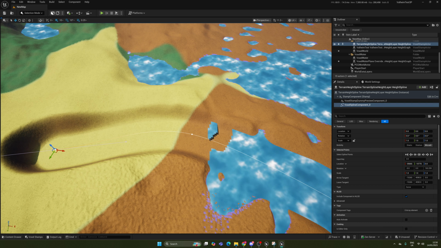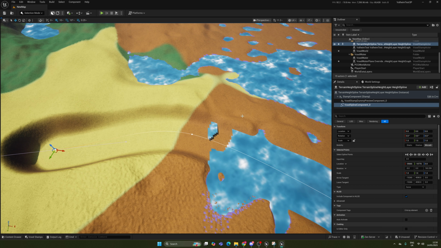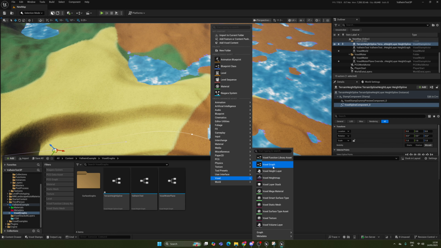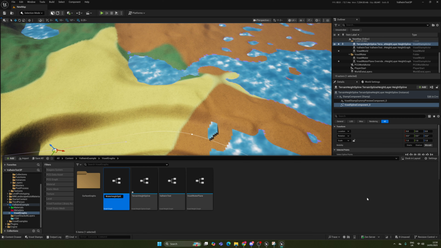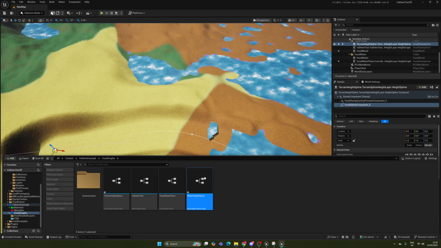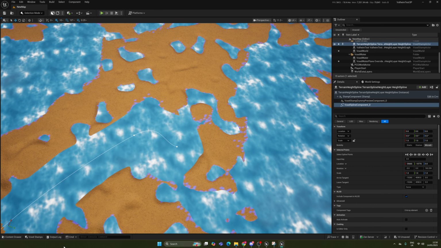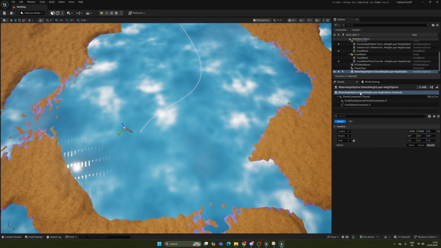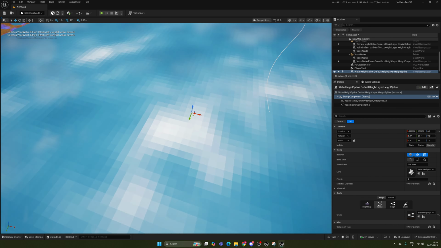Now the final step here is to create another spline. This time a water spline rather than a terrain spline. So we are going to create another voxel graph, a height spline graph, and I'm going to call it water height spline. Now this is going to have to be placed manually for now, and it's going to look a little bit ugly, but eventually in the next video or so we'll be spawning these splines via PCG, and then it'll be easy because we'll just tell it to spawn one water graph and one terrain graph on the same spot essentially. So I'm going to place this water spline, and I am going to find the spline control points,